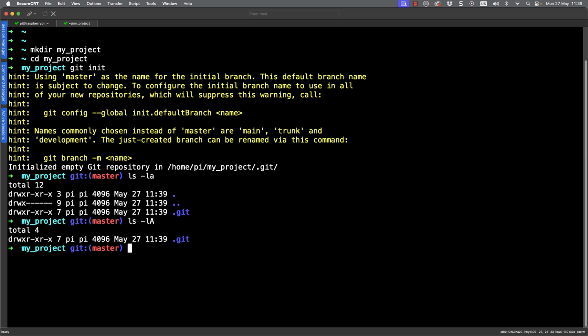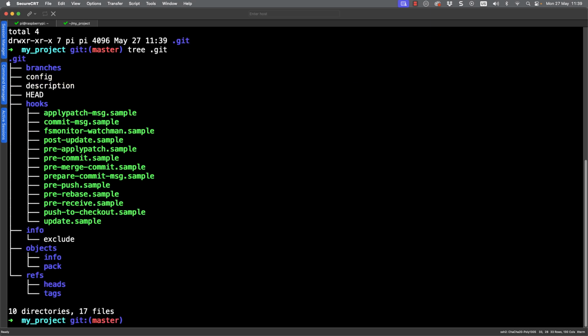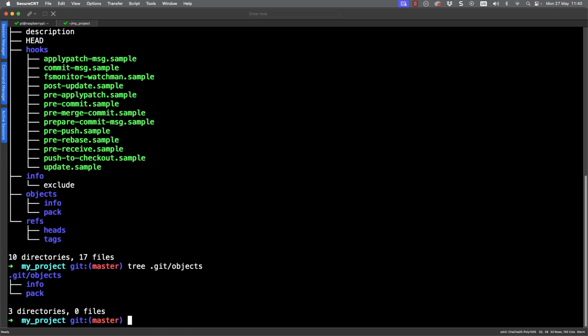Talking of which, there really isn't any at the moment, because when I look at tree .git, we'll see that this really is just a template with no extra content other than what would be in the template of a new Git repository. When I go through and take a look inside of the objects directory with tree, this is what I'm really interested in. We again can see that I have nothing in my repository because I have no objects.